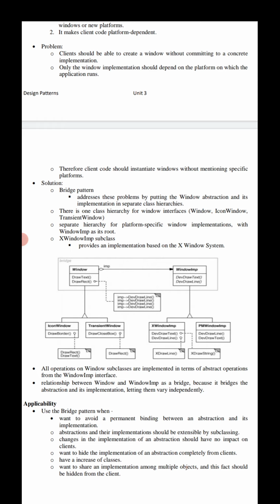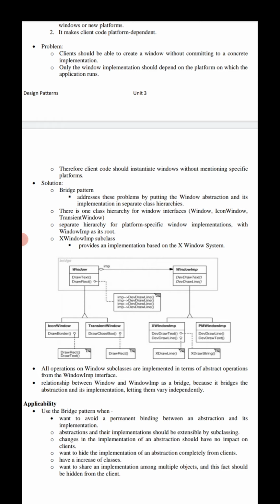This decouples the window abstraction from the various platform specific implementations.